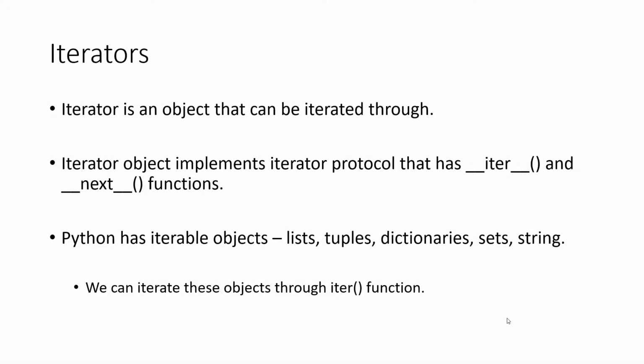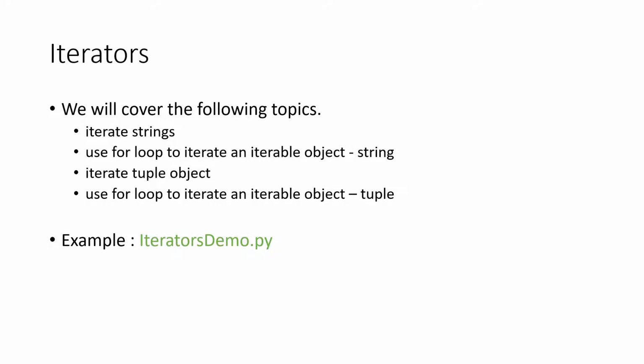Welcome back. In this lecture, we'll learn iterators. An iterator is an object that can be iterated through, and an iterator object implements the iterator protocol that has iter and next functions. Python has iterable objects, and some of them are lists, tuples, dictionaries, sets, and strings. We can iterate these objects through the iter function, and we'll cover the following topics: how to iterate strings, how to